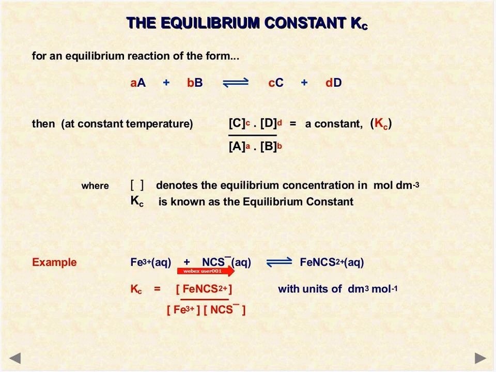Okay. So this is an example. Suppose this was your chemical reaction. We have Fe3+ and NCS- aqueous on the reactant side, and FeNCS2+ aqueous on the product side. So Kc will be written as, since the moles of each of them is 1, each of them has been raised to the power 1. And accordingly the units of Kc have been calculated. It is decimeter cube per mole. You have to calculate the unit. You simply have to put the units in the equation. You can accordingly cancel whatever is getting subtracted in the unit, right? In this case the unit is decimeter cube per mole.